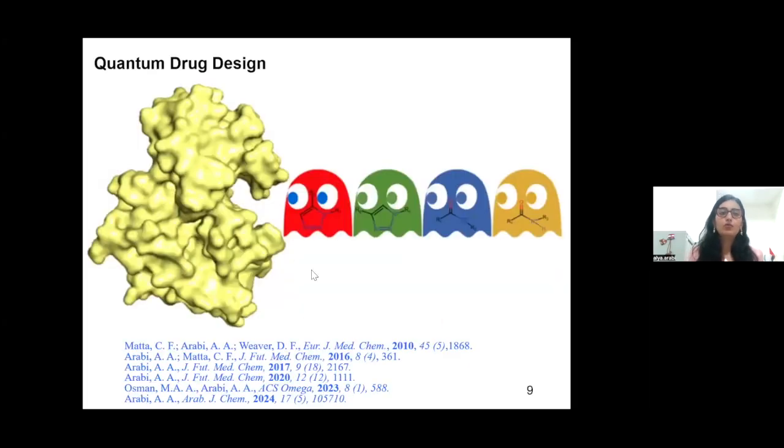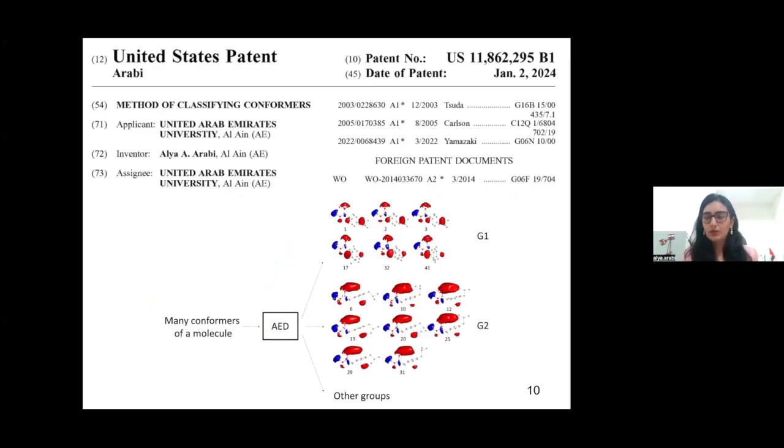With this, I will move to the quantum tool that we developed in drug design. This tool was granted 2 patents recently in 2024. In a very short and sweet description, the first patent was a result of the tool being able to classify and cluster conformers. So I can see claps here. The conformers are classified as you see here.